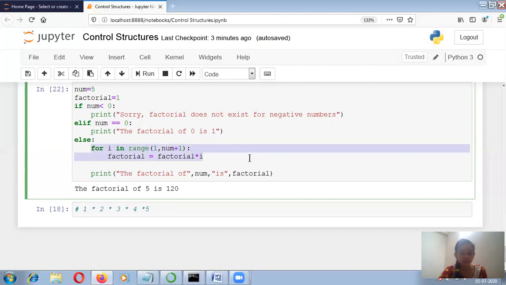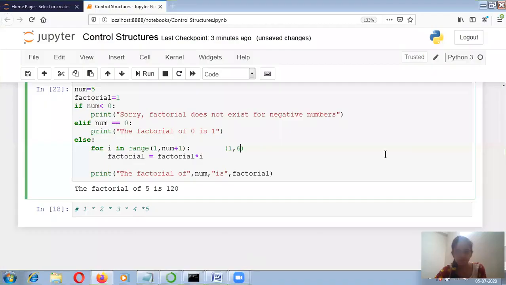And the code I am writing is: for i in range of 1 comma number plus 1. Why am I writing 1 comma number plus 1? Because range 1 comma 6 takes 6 as the stop value, so this 6 will be excluded and my values will be taken from 1 to 5.